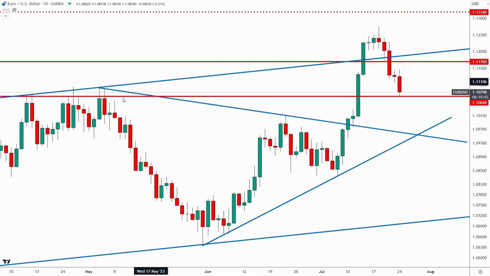Okay, so we know that the euro is coming into this support area. So right off the bat, we know that this is not where we want to be looking for shorts in this market. You could try to look for a long here, but it is a little bit risky with FOMC coming up this week. I would say any longs here, this is just my opinion, not financial advice, as is everything in these videos, but I would say that any long here should be a quick move up here toward